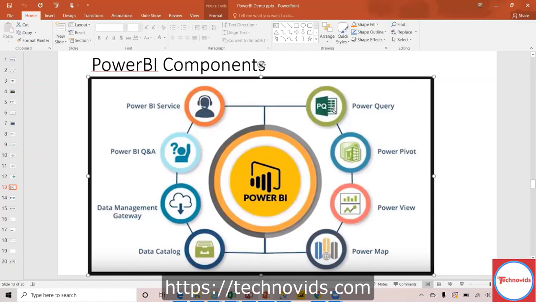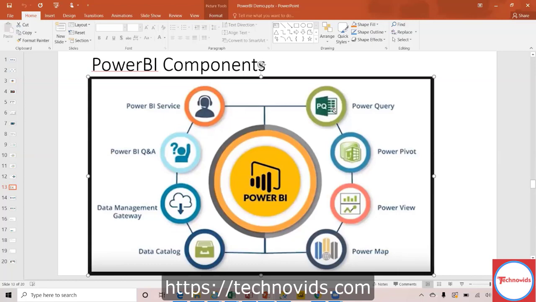Initially, these are all built for Excel. Then they have enhanced it, and the Excel version and the Power BI version are not the same. Excel is kind of basic, you can think of, and Power BI has an advanced option. It is not exactly the same function. If it were exactly the same function, probably people would have used only Excel and got done, right? So there is a lot of difference between Excel and Power BI.